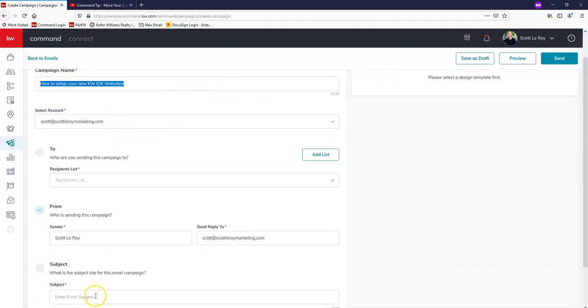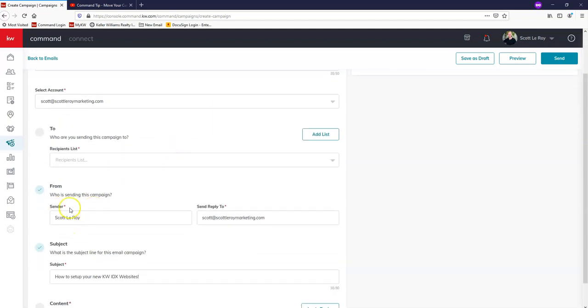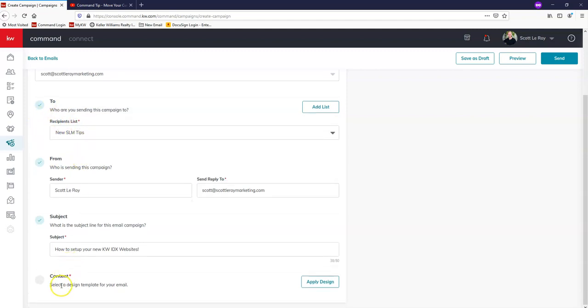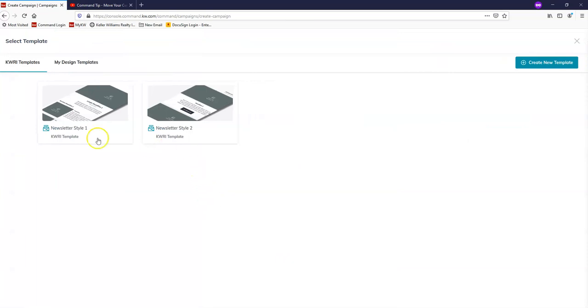And then I'm actually going to copy that and use the same thing for my subject. So for your recipients list, you would need to have your MailChimp account linked up here in order for your recipients list to populate. And then coming down here for content, all I'm going to do here is just click on Apply Design. The first thing that shows up is just the KWRI templates, but if we click on My Design Templates,